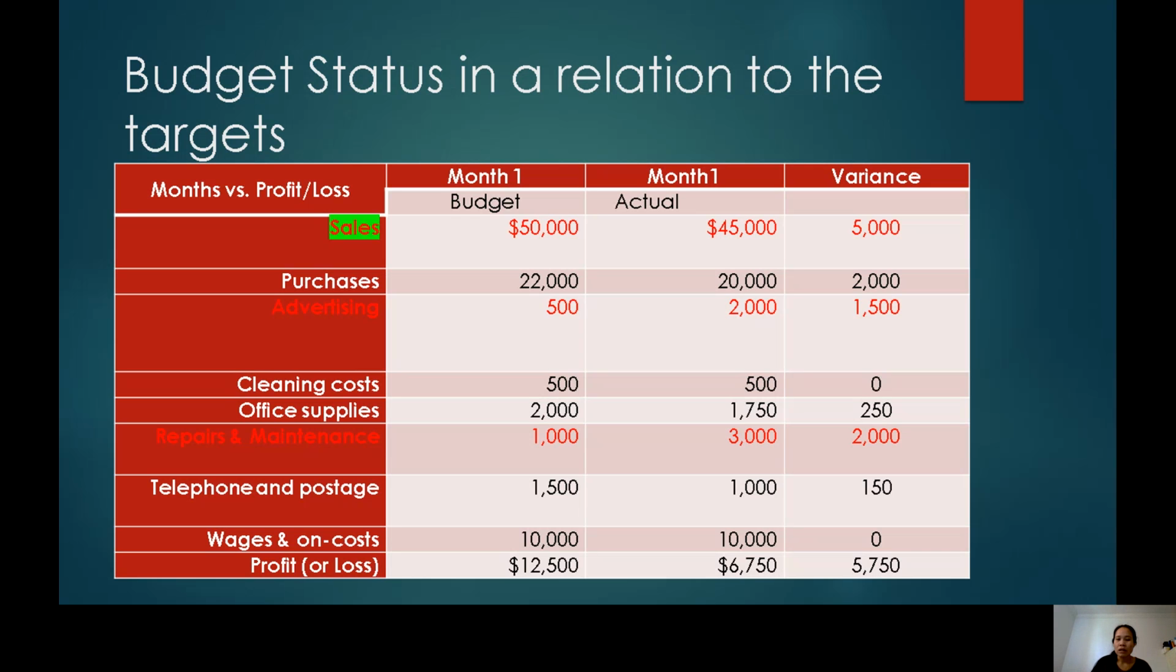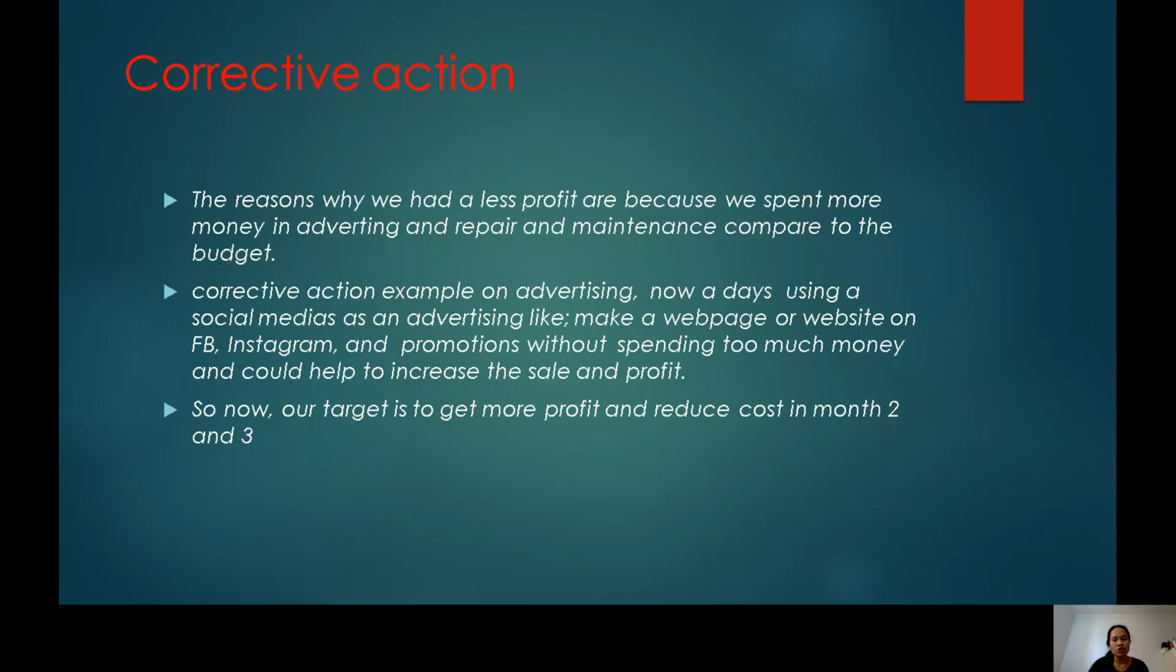Wages and all cost 10,000, and our actual is also 10,000. So there's no profit or loss. For budgeted month one, we budgeted 12,500, and the actual one is we spent 6,750. Okay. And the corrective action in month one, the reason why we had less profit is because